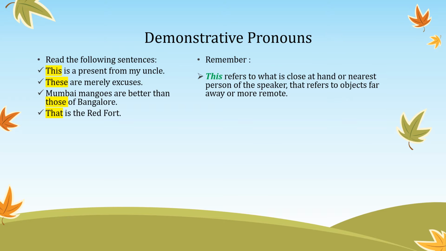Like if I say this is a pen given to me, the pen is near to me, hence I said this is a pen. Suppose I say that is a gift presented to me. Somewhere a gift is there in the corner of the room, not nearest to me but a bit farther away. So I use the word that to point out the present kept at some place away from me. So this is the demonstrative pronoun used for something which is nearest, and that is the pronoun for any object which is kept away from the speaker.